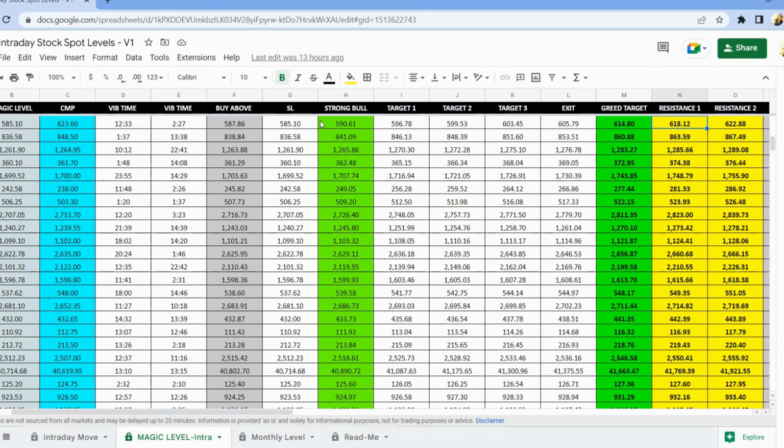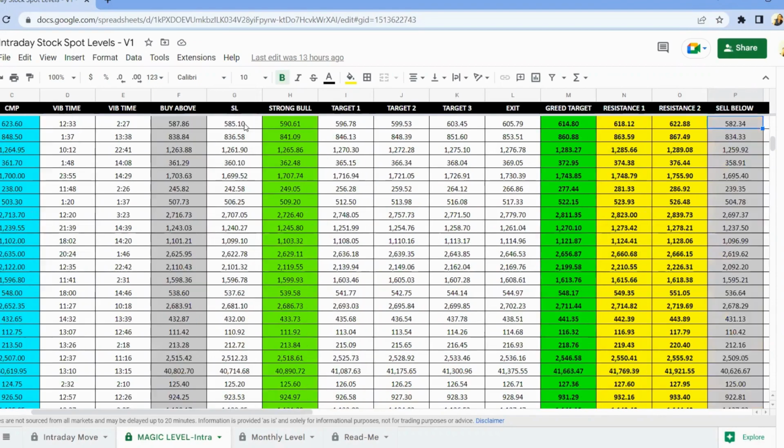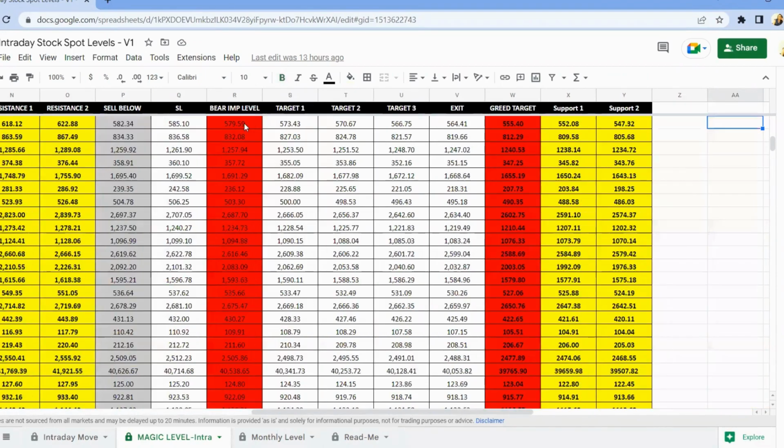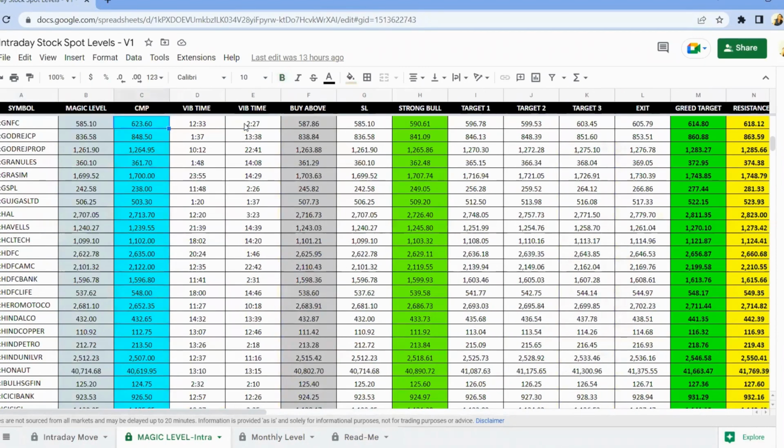करेक्ट, मैजिक लेवल के ऊपर रहेगा तो आपको बाई करना है, बट उसके आगे भी आपको लेवल्स दिए हुए हैं, कौन से लेवल के ऊपर बाई करना है, कौन सा लेवल स्ट्रॉन्ग बुल है, उसके बाद टारगेट कहाँ आएगा, एग्जिट कहाँ करना है, ये सब भी दिया हुआ है। ओके, सेल वाला लेवल नहीं दिख रहा है इसमें? इंट्राडे में वो भी है, स्क्रॉल करके साइड में जाना है, तो सारे लेवल्स मिल जाएँगे।